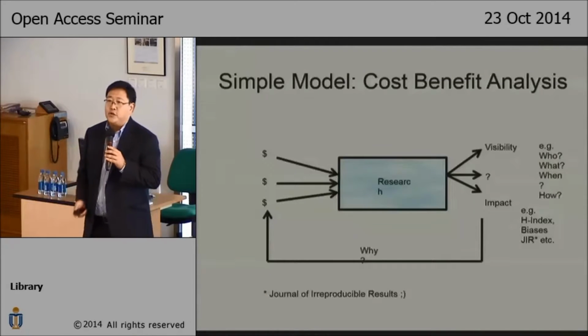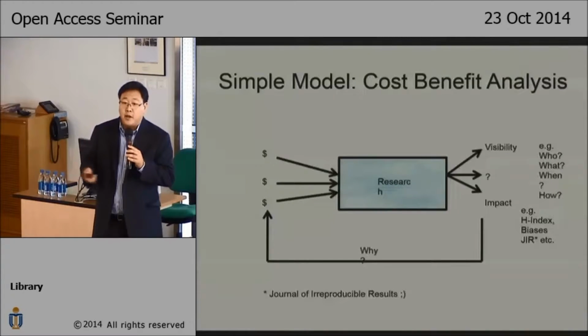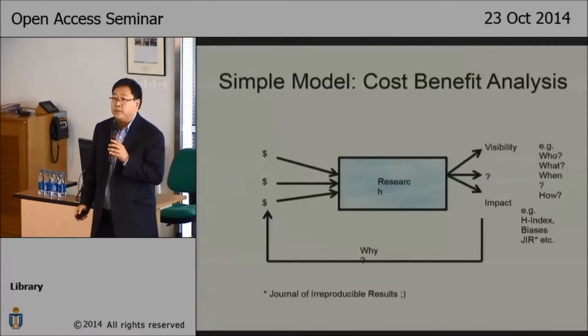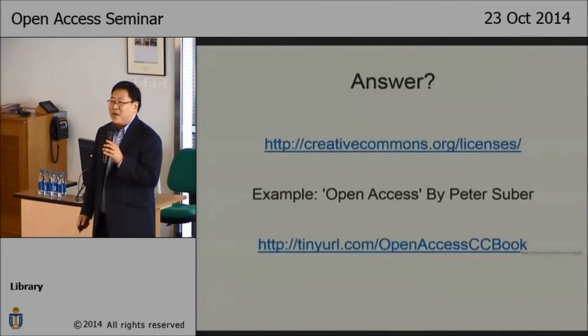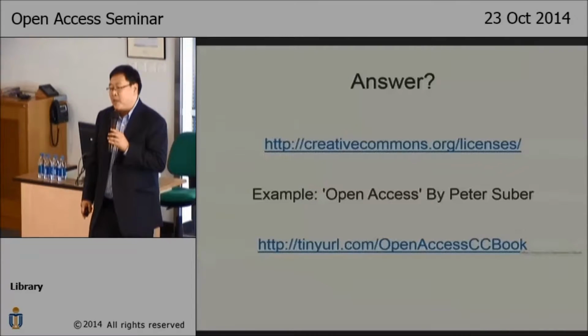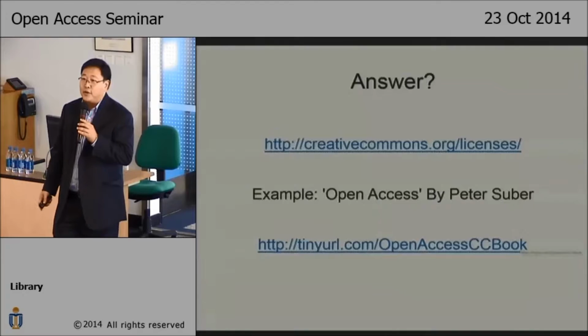So that's why you should be interested in looking at your own cost benefit of how you manage your own intellectual property. What is your personal IP strategy? The short answer is look, it's all on the web. Click on here, Creative Commons licenses. That's the cheat. I'm very glad that when Peter and I talked earlier, we both focused on the same book,